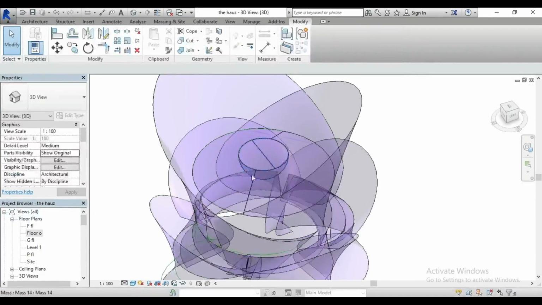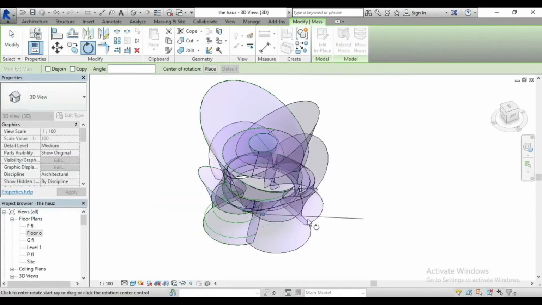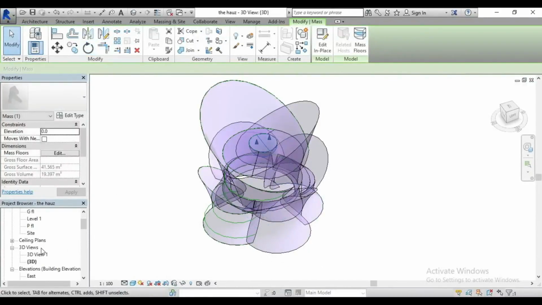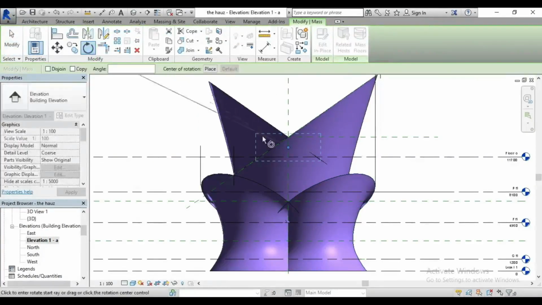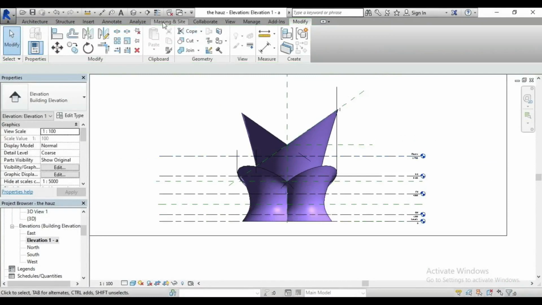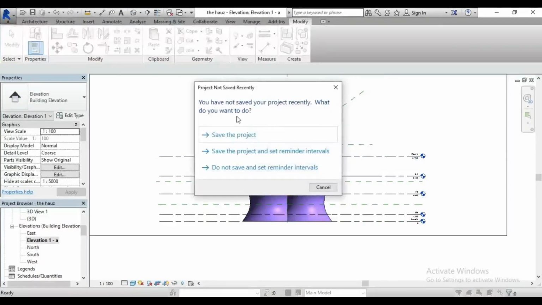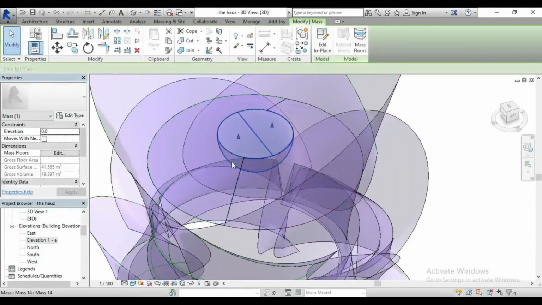Let's finish it first and then try to rotate. That didn't work, so let's go to an elevation and we rotate it here and here. So we just rotate it by 180. And you can always save your work. So select it again, go to